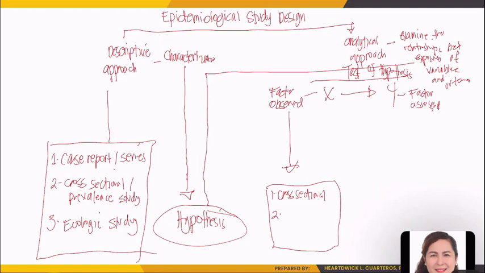Number two, we have your cohort. And number three, we have your case control. Now, here in your factor observe, researchers or epidemiologists now observe the subjects